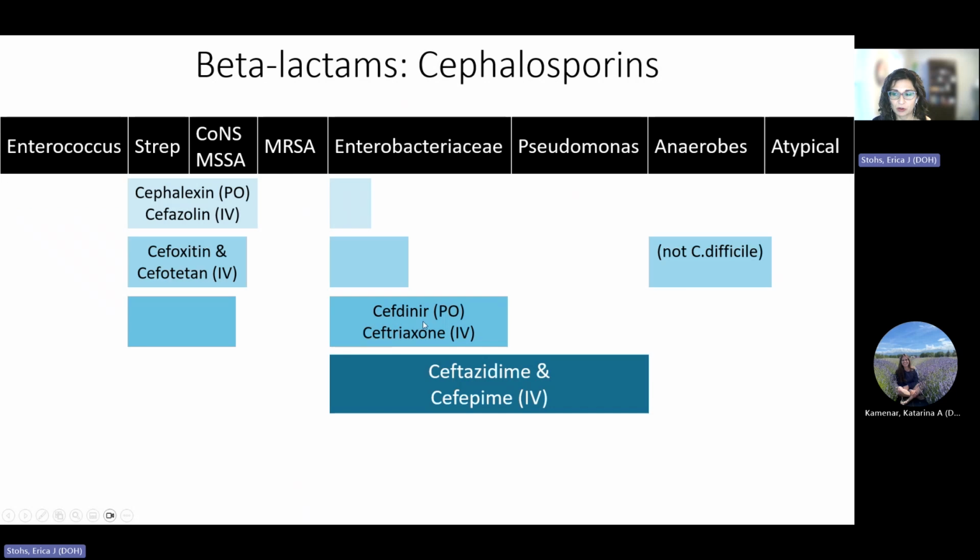Third generation cephalosporins, these are really go-to antibiotics for many conditions. You can see mainly that's because they have good coverage for Enterobacteriaceae, but they do not cover Pseudomonas. So ceftazidime is actually a third generation cephalosporin, but does have Pseudomonal coverage. And cefepime is our fourth generation cephalosporin, again with very broad coverage. So just kind of an illustration to show the different combinations and generations of cephalosporins here.